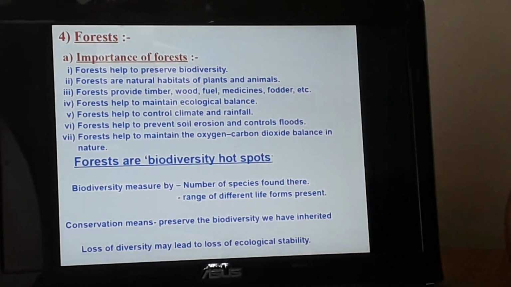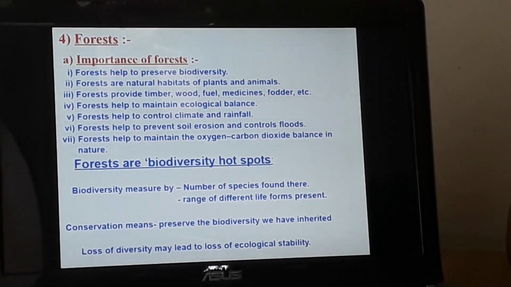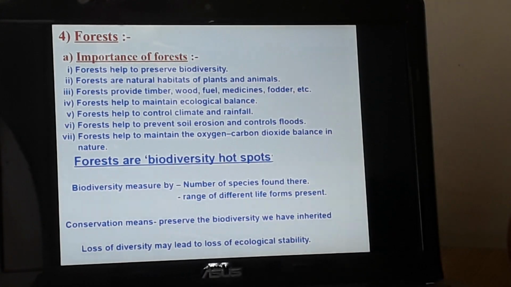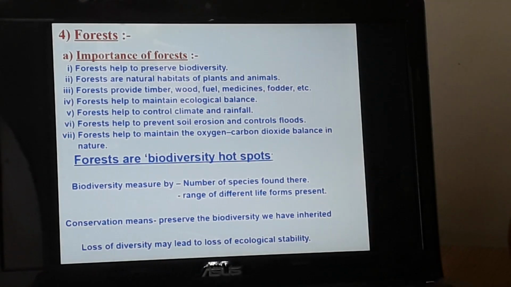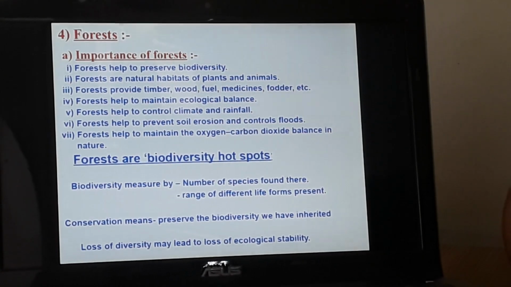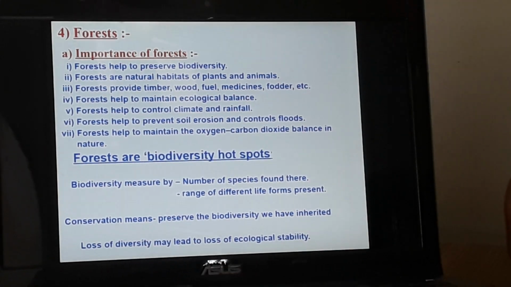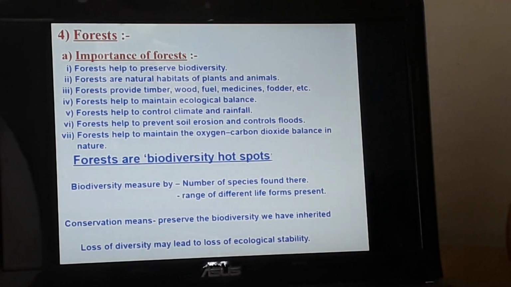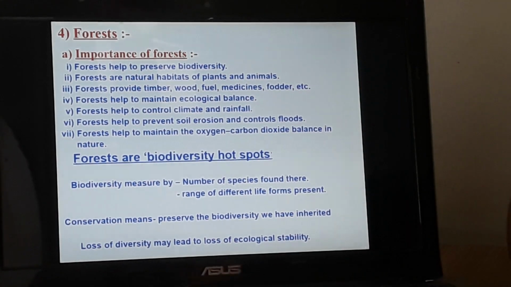The second point is, the forests are natural habitats of plants and animals. Habitat, the word habitat means home. Since I said that forests are natural habitats, as you know, plants and animals do not create their home. Their home is the forest. So the forests are the natural habitats of plants and animals. That is the place where they live,